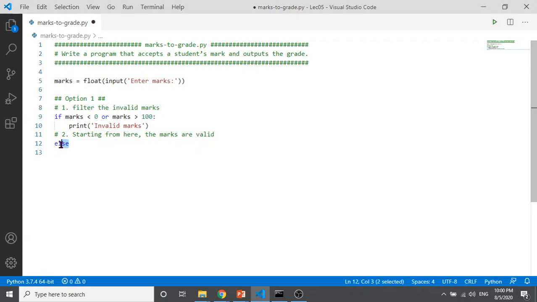So let's do the case for A first. How do we do that? This is when the mark belongs to grade A. So what is the condition for the marks that belong to grade A? If you still recall the table, it is 80 to 100. So grade A is 80 to 100. How do you write the statement for this? Well, it's going to be else if,